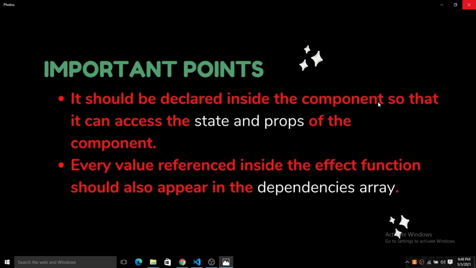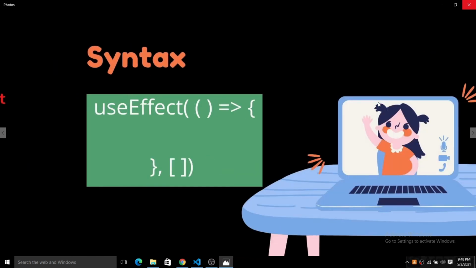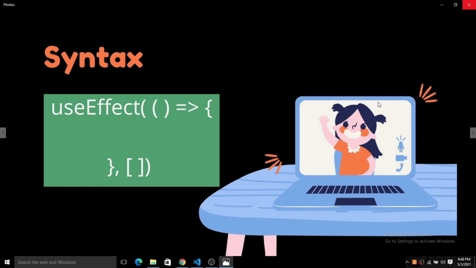We will get this clear when we explain it through an example. Or if you can see the syntax, I will explain it in a bit. So here just take a look at the syntax. As you can see, this is an effect function, and this is the dependencies array.